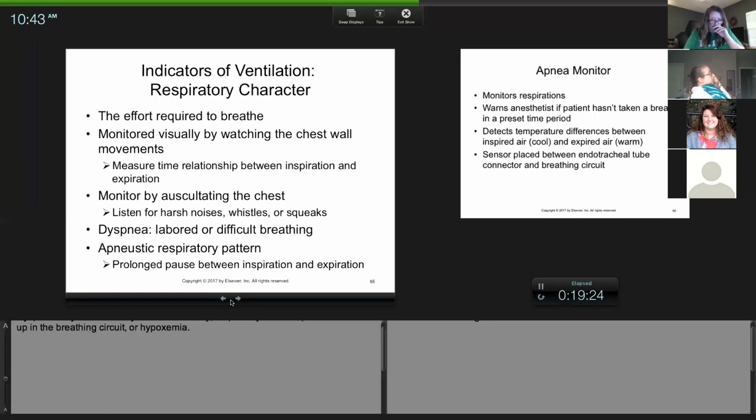I want to mention something, and does everybody know what apnea means? It means they're not breathing. If a patient has apnea, so dyspnea is difficulty breathing. Apnea is lack of breathing or no breathing. Now, I will tell you that sometimes patients take long pauses between breathing, but there is something called an apneustic